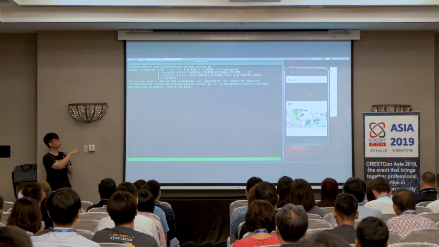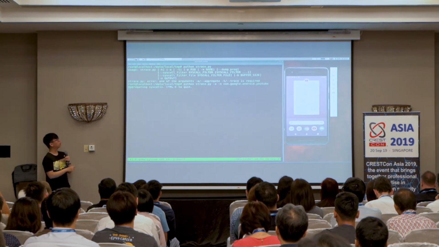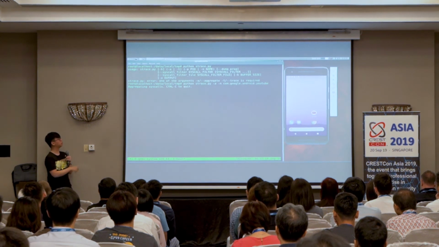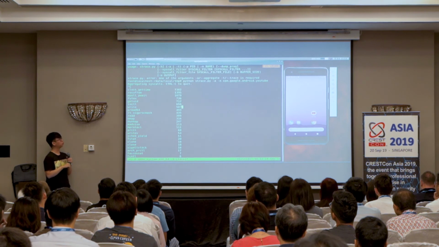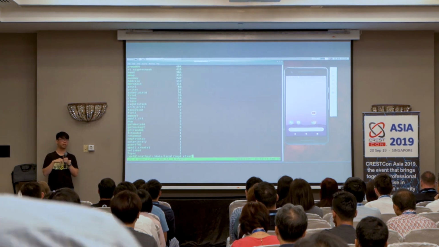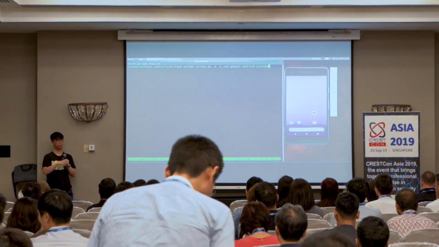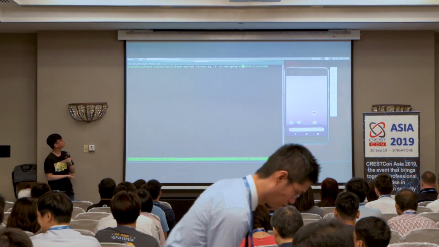If I launch the app, you'll not see any output being printed. But if I type Control-C, the Python script will do a count of all the syscalls on the system. With this, you can get an idea of what the application is trying to do. Is it making a lot of file requests? Is it making a lot of network requests?